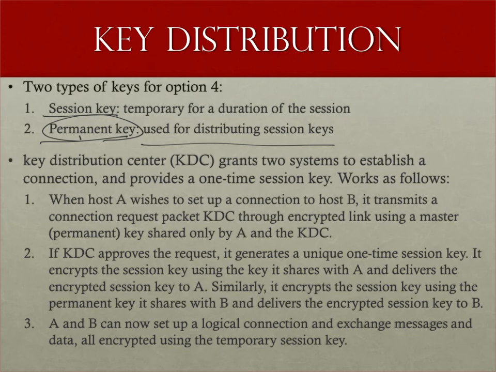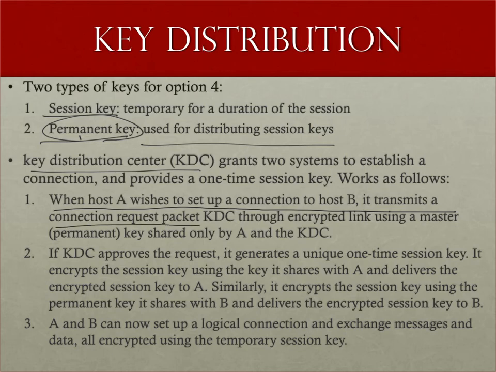Okay, the key distribution center grants two systems the ability to establish a connection. This is what we refer to as a third party, and it provides a one-time session key, and it works as follows. When host A wishes to set up a connection with host B, it transmits. This is option 4 that we talked about in the previous slide. Now, C, or the third party, is what we call the key distribution center. So if A wishes to communicate with B,